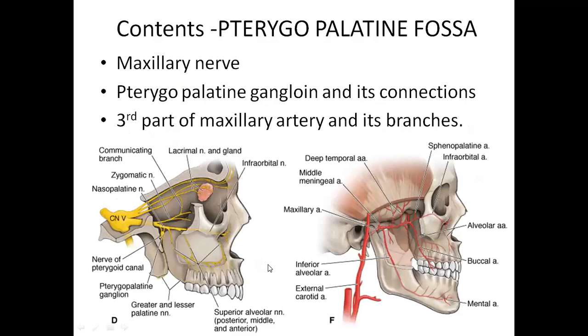Now overall, the contents of the pterygopalatine fossa. When you cut here, this point where exactly I kept the arrow is our pterygopalatine fossa. So you will find there the maxillary nerve. What you are finding here is all maxillary nerve. There you are also finding one ganglion, you call this ganglion the pterygopalatine ganglion, and of course its connections. And this is our maxillary artery. Deeper inside, the last part of the maxillary artery is the third part of the maxillary artery and its many branches. The maxillary artery itself we will discuss separately as a lecture, nothing to worry.